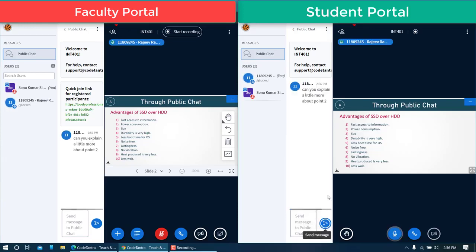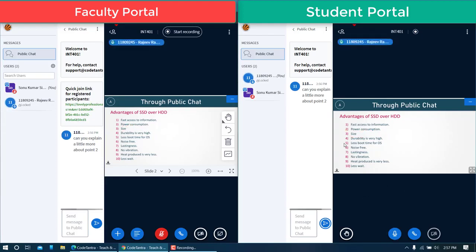Once you send the message, you can see that you have entered your message here and the teacher has received the same thing. At the same time, the teacher can see who the student is. The teacher can read this point, and without being interrupted, once he finishes his sentence, he can go back to point number 2 and explain what he meant by it.